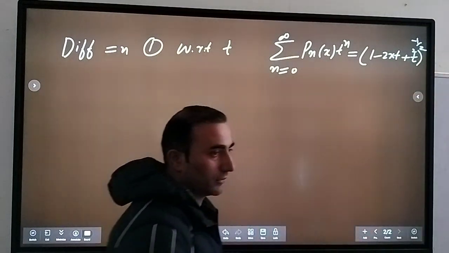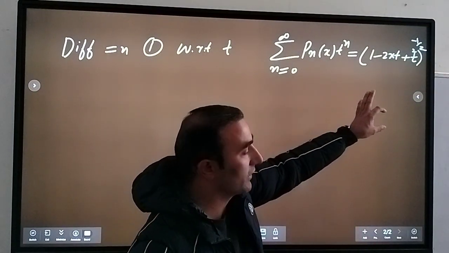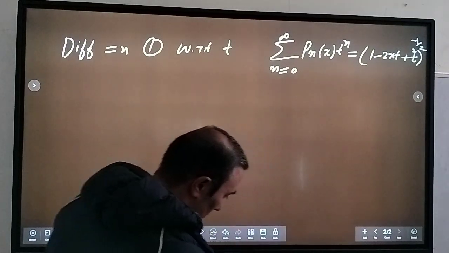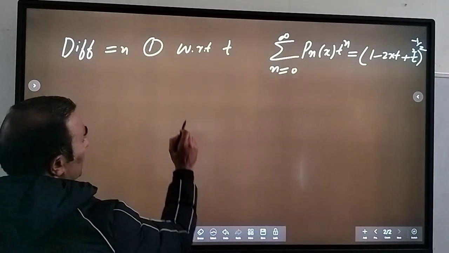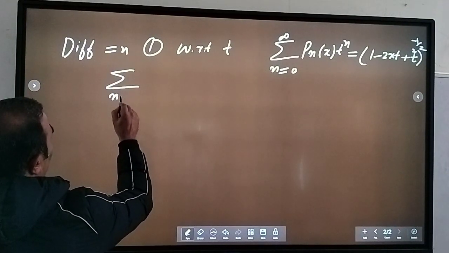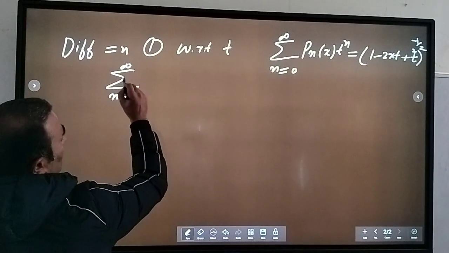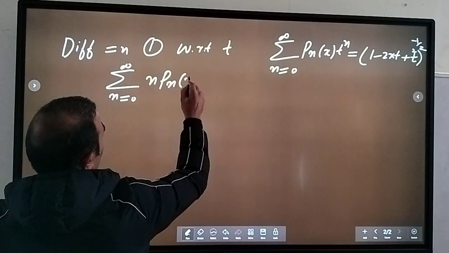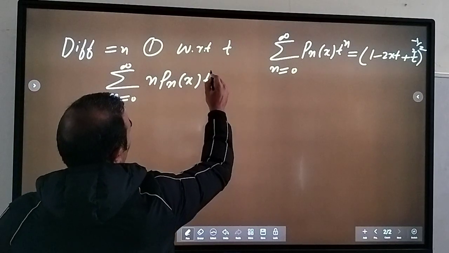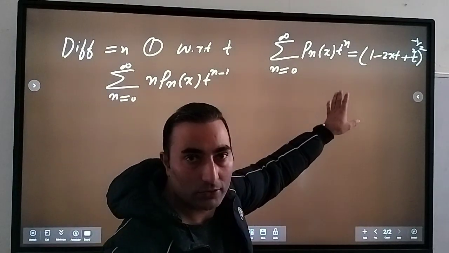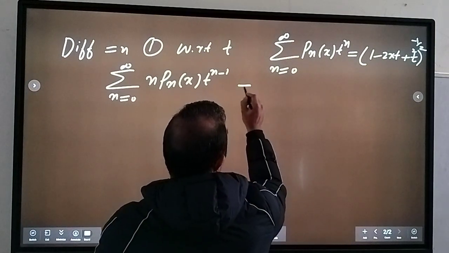So that's this. That's (1 - 2xt + t^2) raised to the power minus 1/2. Now if you differentiate this with respect to t, so what should I get here? So this will be equal to the summation of n Pn(x) t raised to n minus 1, because you are differentiating this with respect to t, and the right hand side will be,